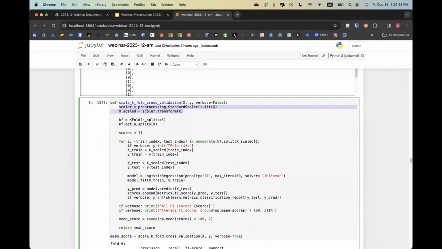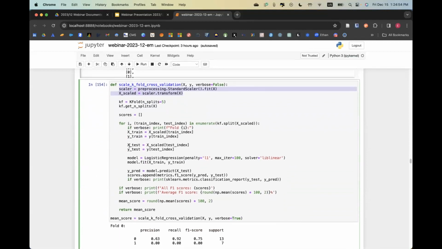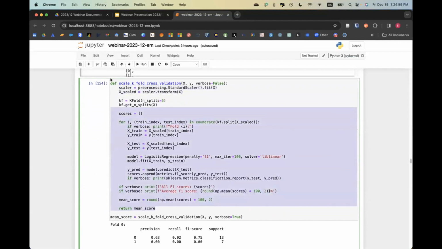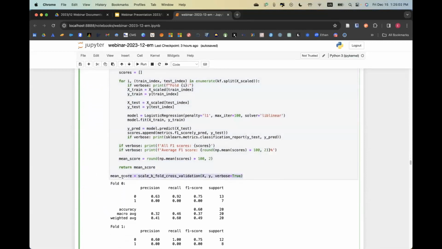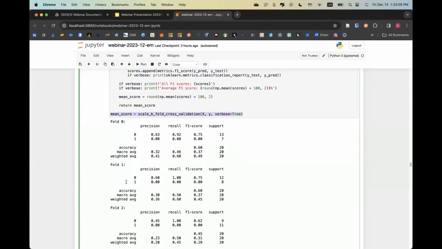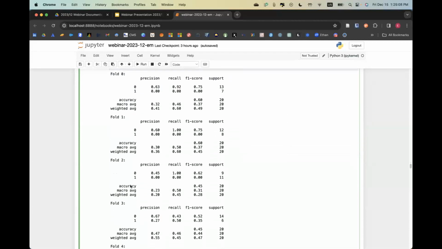These scales can influence other model types like a neural network, which we may do in a future webinar. And the reason I'm creating a function here is so that I can use this over and over again without having to copy so much code. Instead, I can just run this function and it generates the results of the 5 folds.